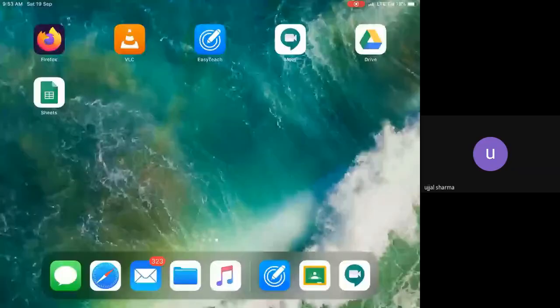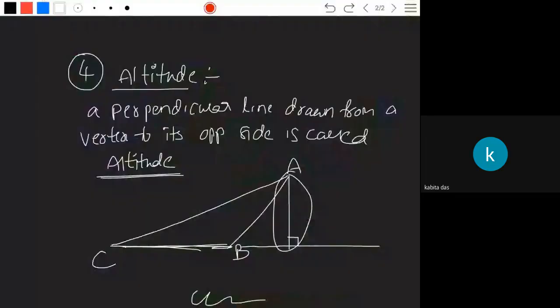So now the definition of the altitude is a perpendicular line drawn from a vertex to its opposite side is called the altitude. Did you get my point? So keep this in your mind. The fourth problem: the question is given to you that ABC is a triangle and BE and CF are the altitudes. Same question as the previous one. There, it is asking you to prove ABE and ACF congruent, that is only what we have proved now. Did you notice?